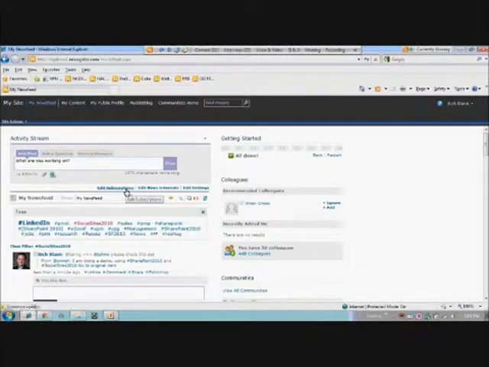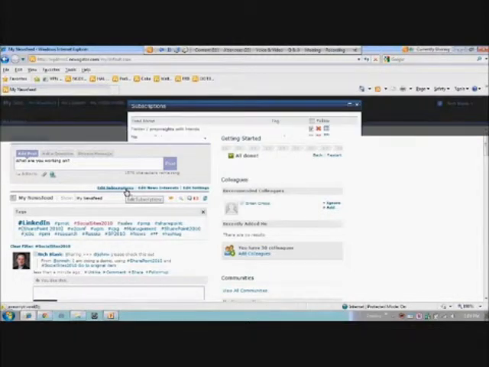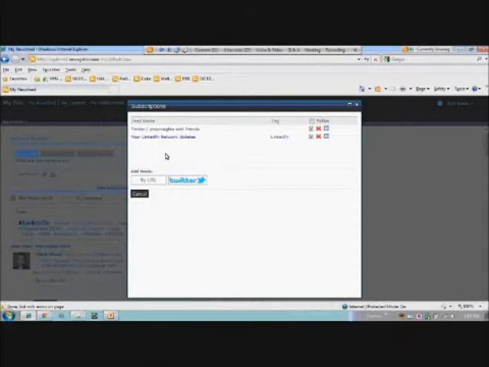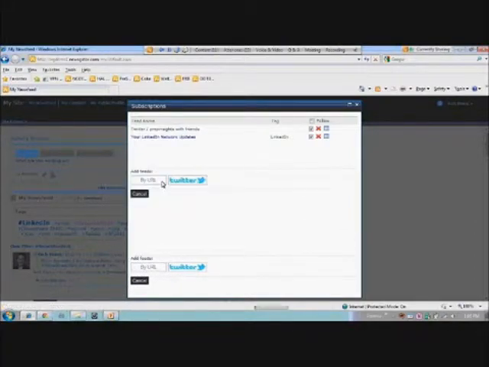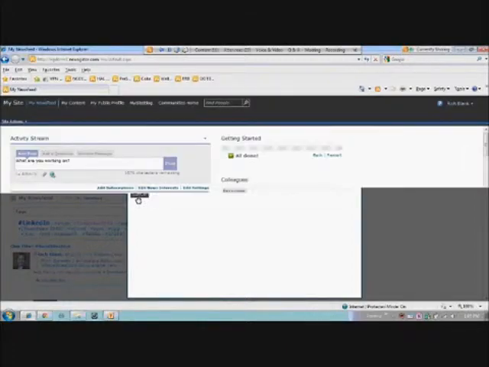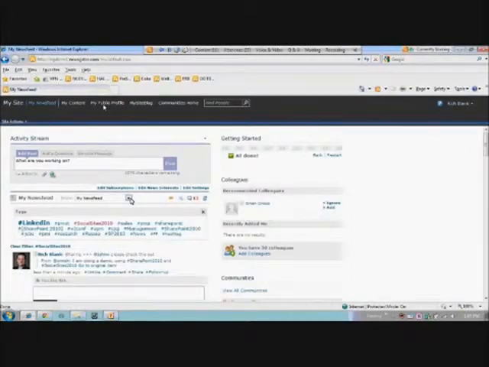There are two pieces here with respect to news. I can add specific RSS feeds to my news feed if I wanted to. So I can add LinkedIn updates, or I can add Twitter updates, or I can add a SharePoint blog. I can add basically anything that has an RSS feed out there. I can add that URL and consume and interact with that within my activity stream.